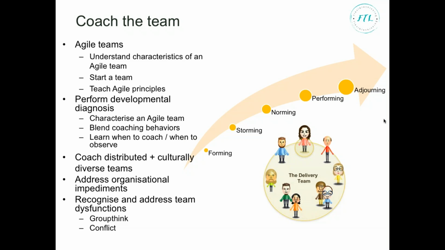So the team as a collective of individuals is on a journey, hopefully, from when they first form, and this is a classic. It's called Tuckman's model of team development. It's got these well-known stages: forming, storming, norming, performing, and then when the team finally inevitably splits and moves on.